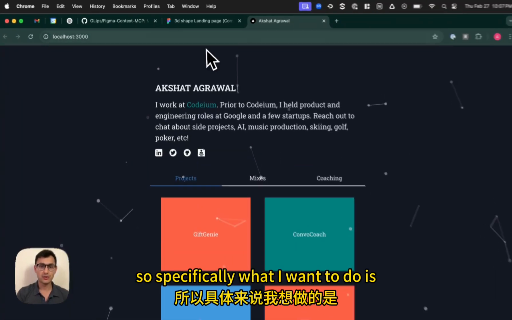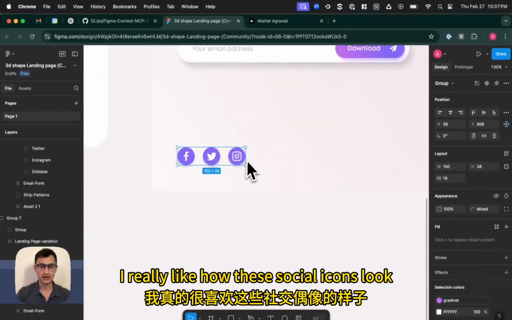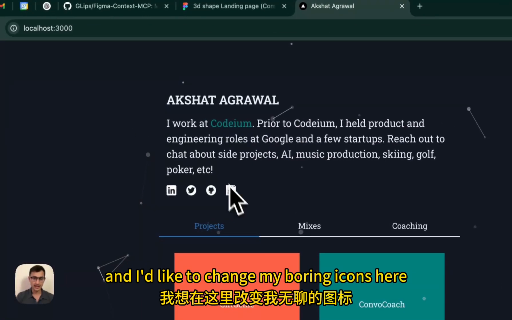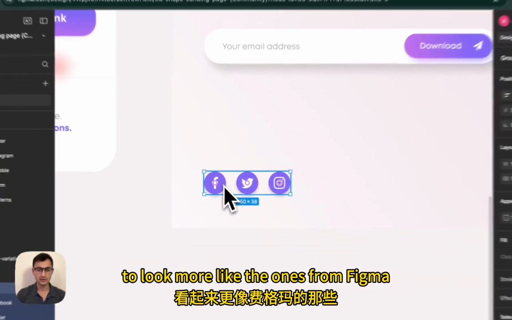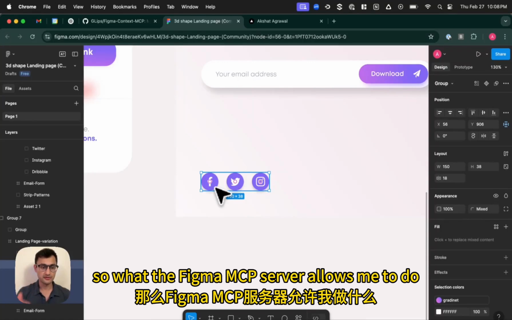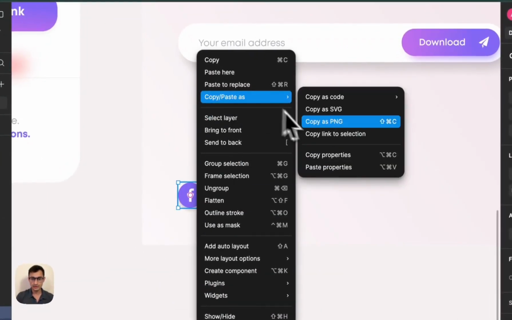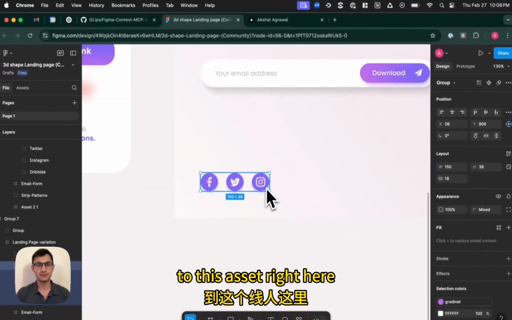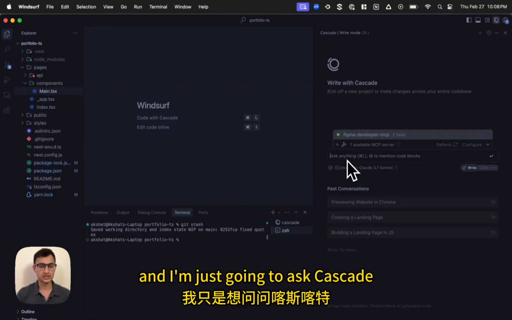So specifically what I want to do is, I really like how these social icons look. And I'd like to change my boring icons here to look more like the ones from Figma. So what the Figma MCP server allows me to do is I can just come in here and copy a link to this asset right here. And then I'm going to come over into Cascade and ask Cascade,